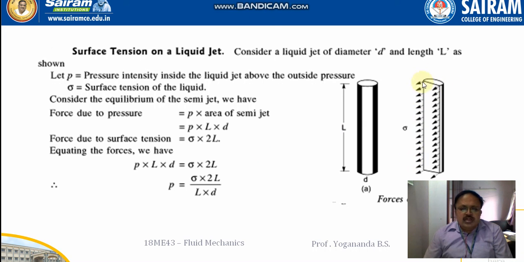This edge has the length L and the other edge also has the length L, so it is 2 into L. It is acting only on the edge of the water column, not on the width of the water column. So the length is L plus L, that is 2L, into surface tension sigma. Equating the pressure force and the surface tension force, we have P is equal to sigma into